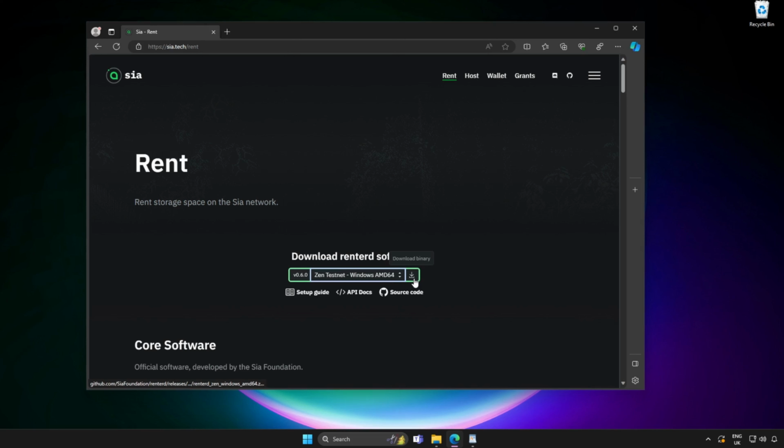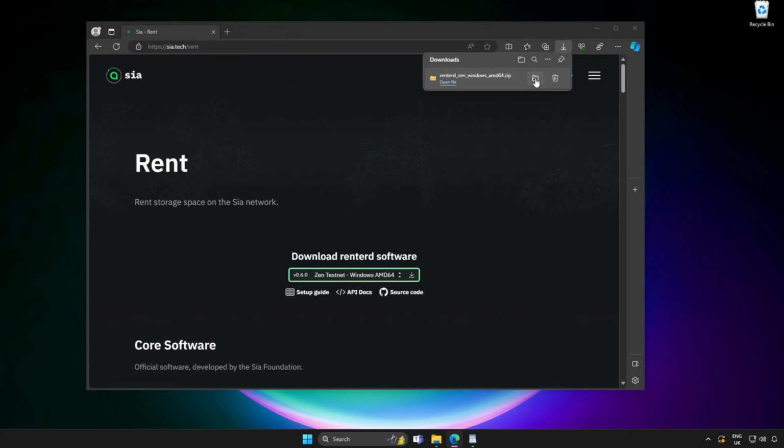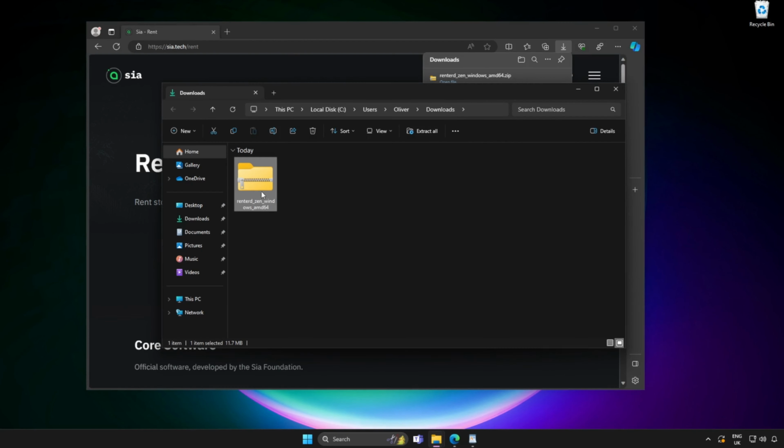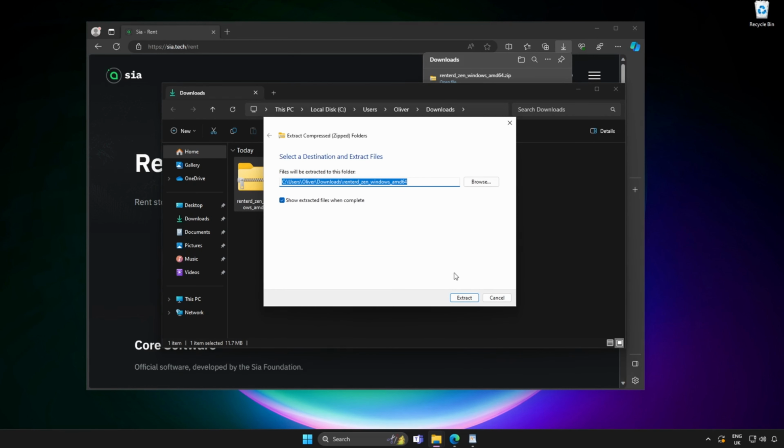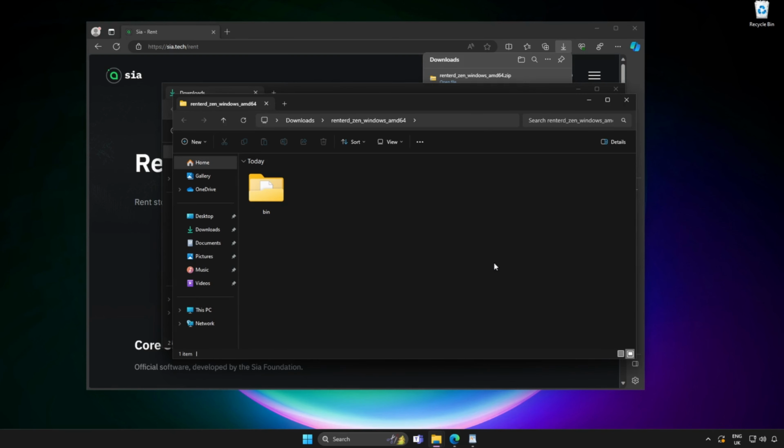Select the Zen Testnet Windows AMD64 option from the drop-down menu and hit the download button. This will download the zipped folder of the binaries on your machine. Locate the zipped folder and right-click Extract All, then select the destination to extract the files to and hit Extract. This will create a folder containing all the necessary files to run the Zen Testnet of renterd on your Windows